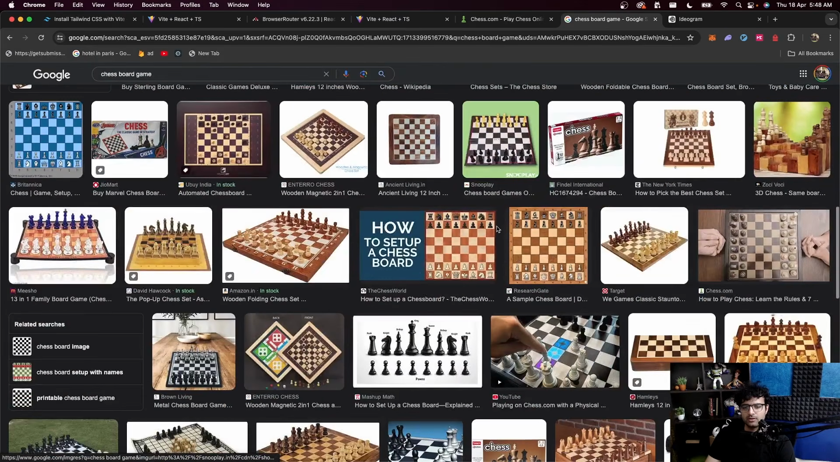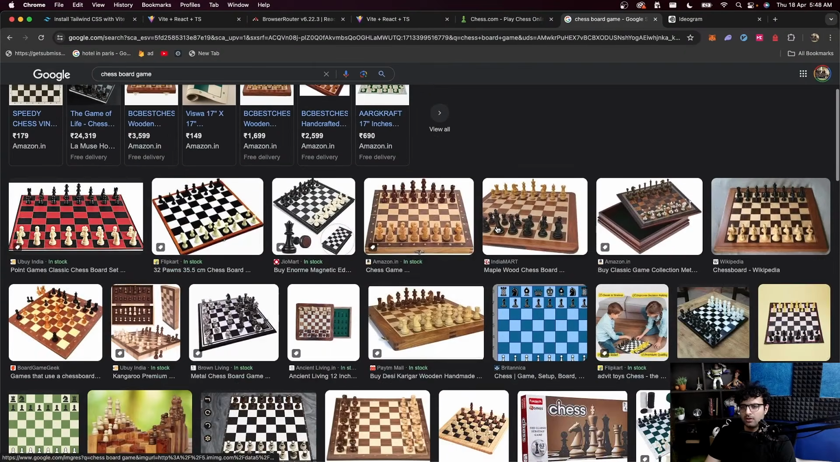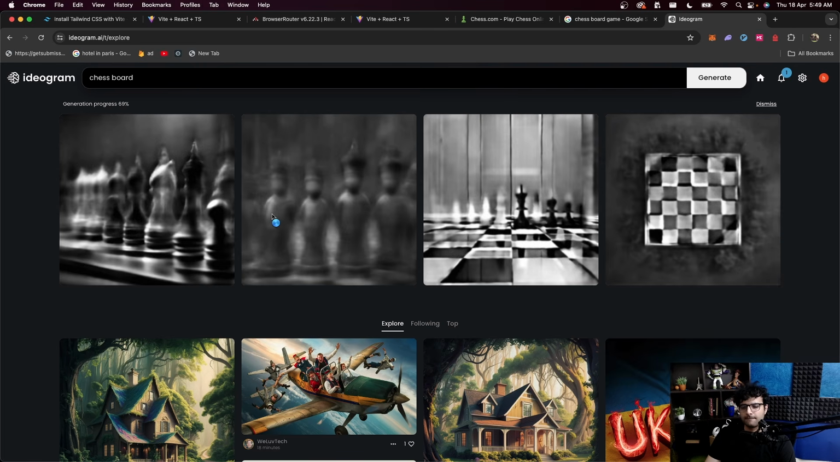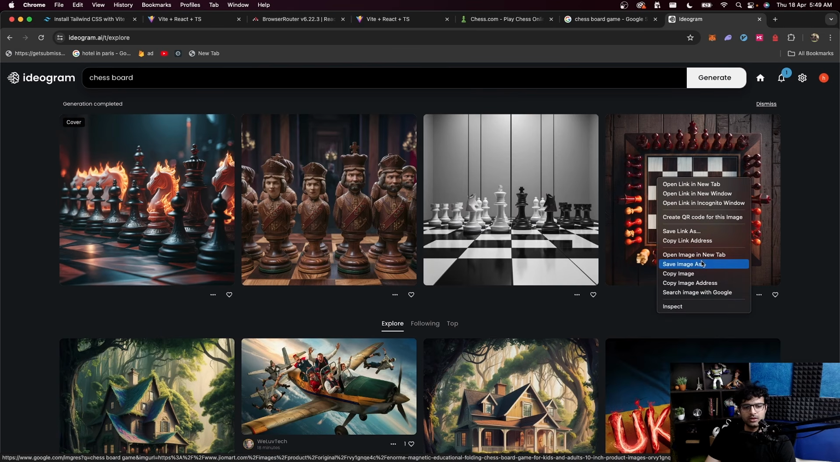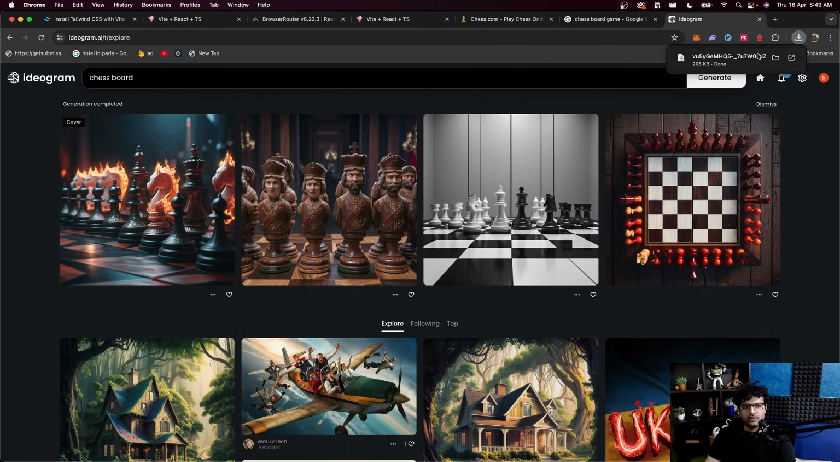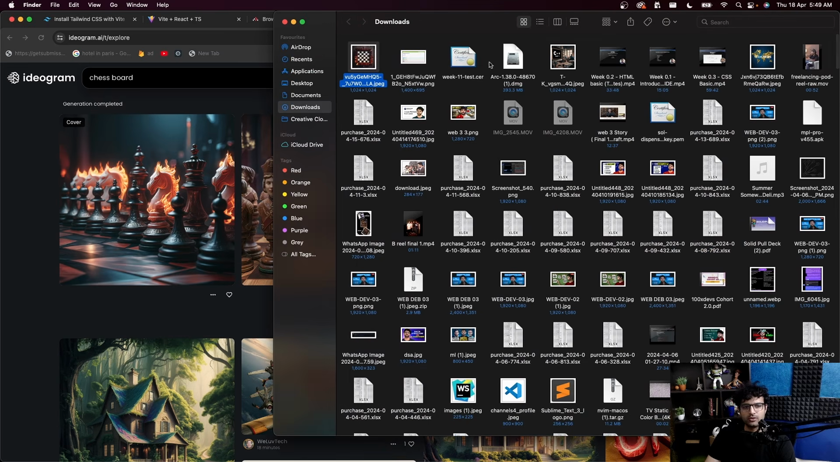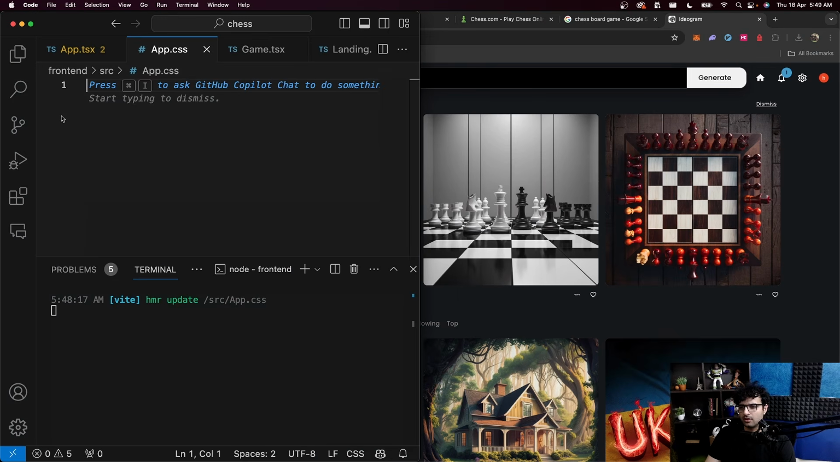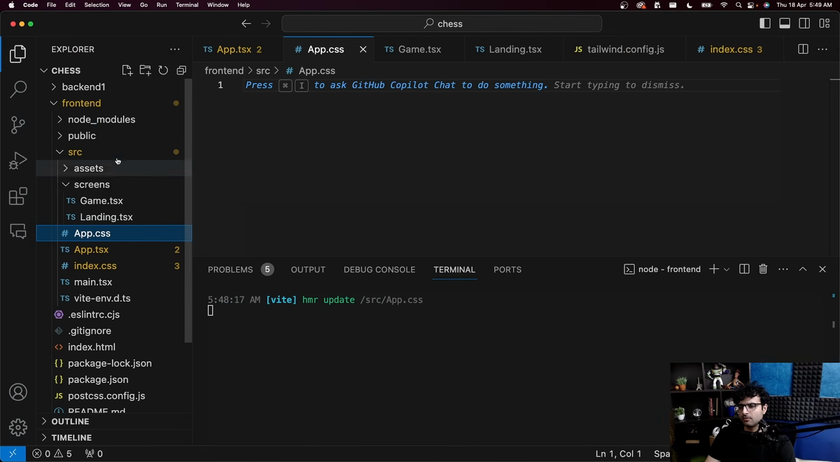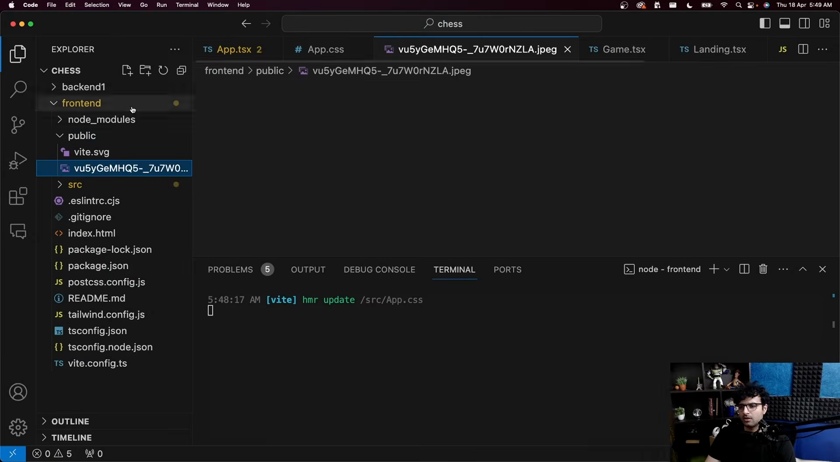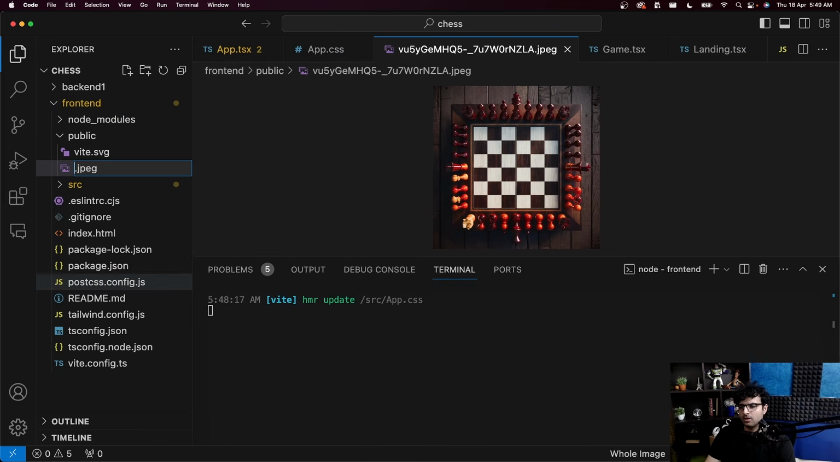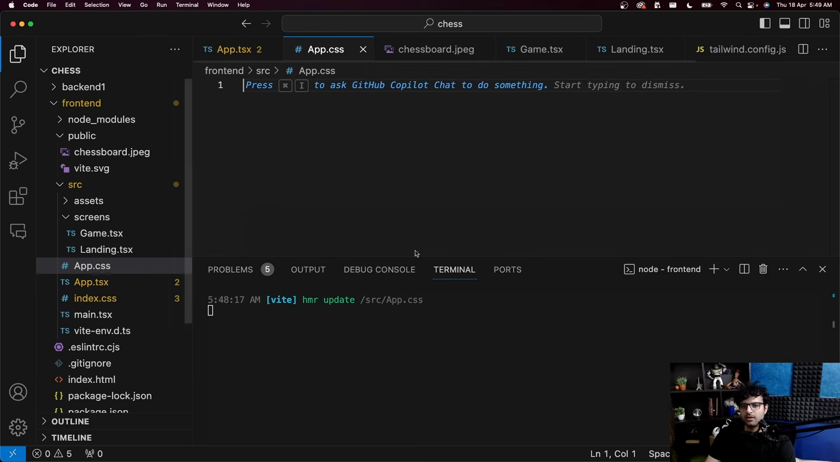It's decent-ish. Nope. The last one probably is going to be it. There we go. Looks pretty good. Save image as. Copy it over to the project. Rename it to chessboard.jpg, and then